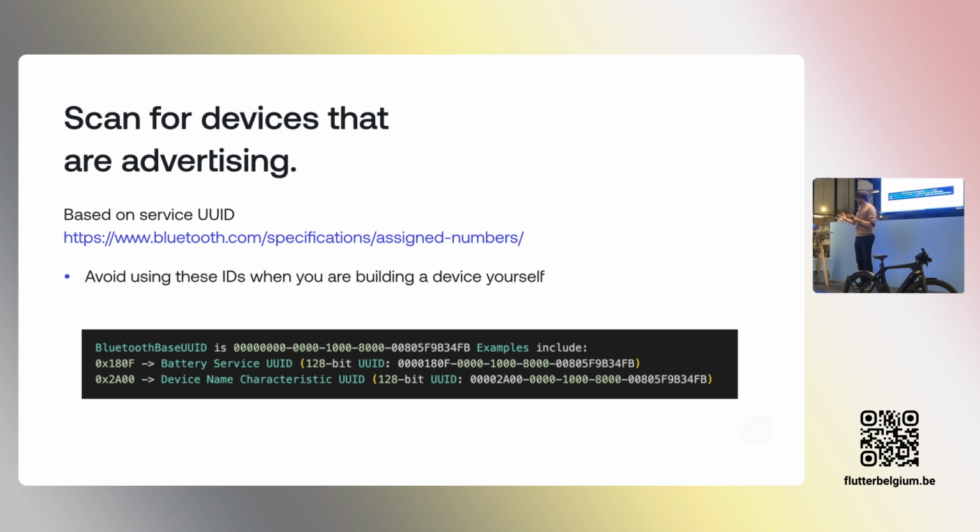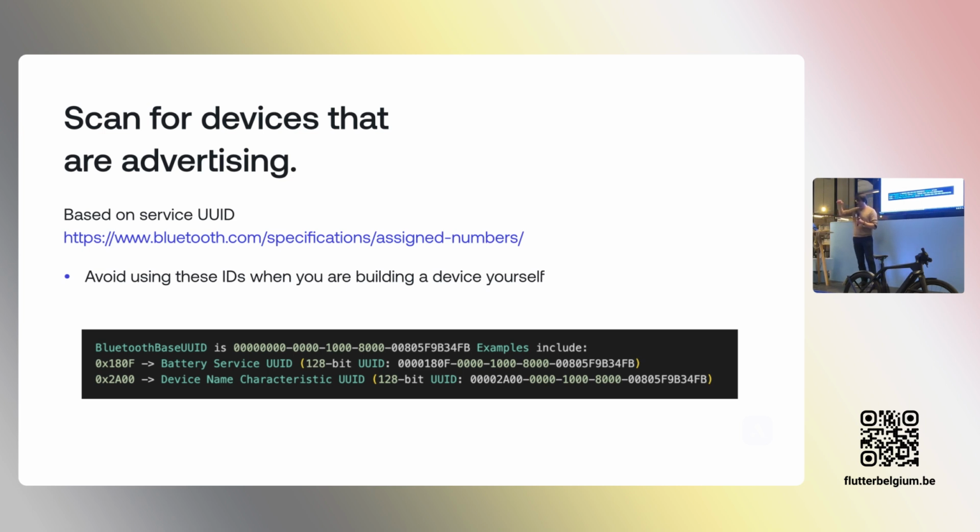But if you're interested in developing an app to connect to a heart rate sensor, for instance, then you can look up in that table which service UUIDs you should use in order to connect to it. But of course, if you're building your device yourself, you have to avoid using one of those IDs, because then you could be in conflict, and you might have a problem if other apps try to connect to your device. This is quite technical, but